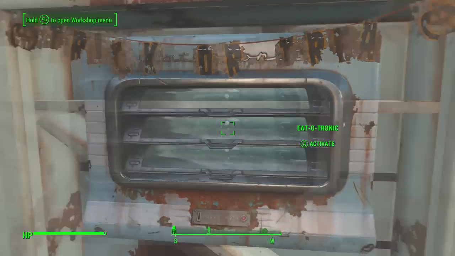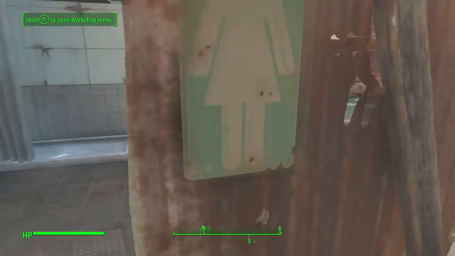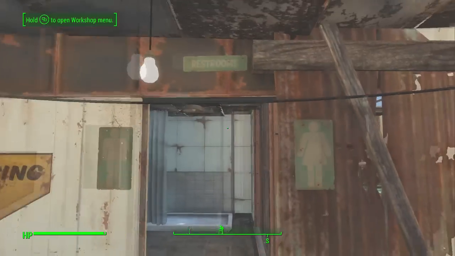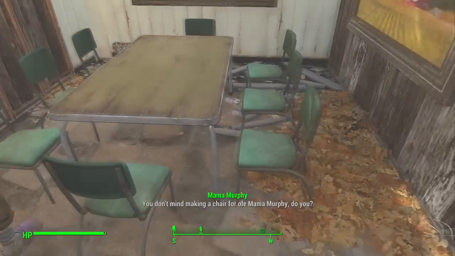So there is a trash can. We've got the Eatotronic thing right there. And here is where the workers would grab their ice. There we've got the bathroom. Men and women can both go in there. We've got the jukebox back here. And here, this is supposed to be a...